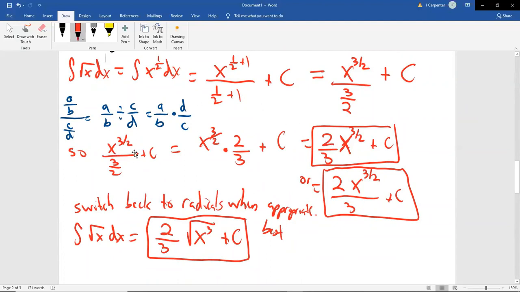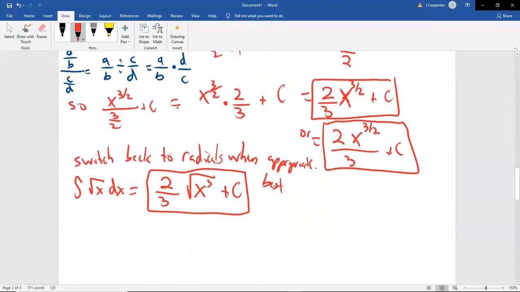So this is a great problem. Any type of radical problem is great. You can handle anything like the 5th root of x to the 9th, the 17th root of x to the 3rd power. I don't know. All those you can integrate. Let's do another one. Let's find the integral when our function is equal to 1 over x squared.